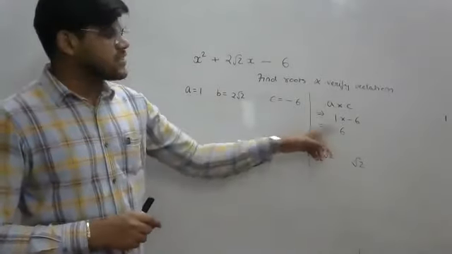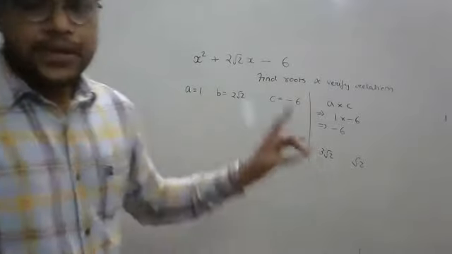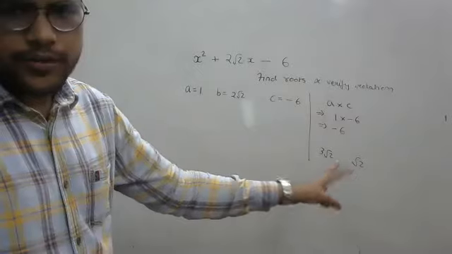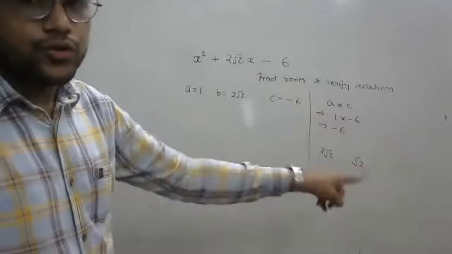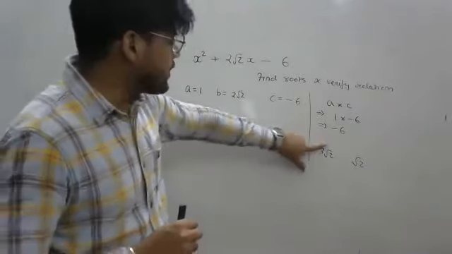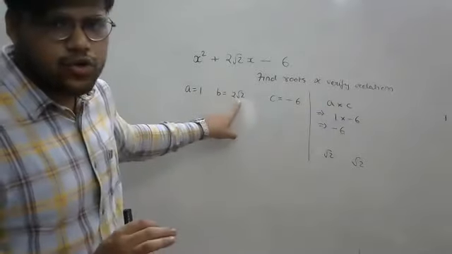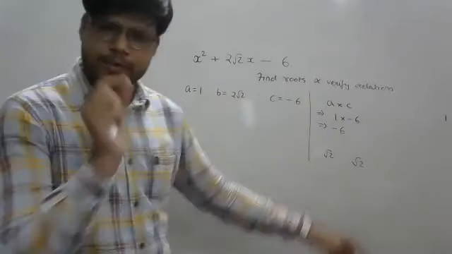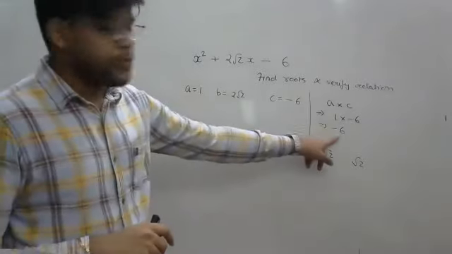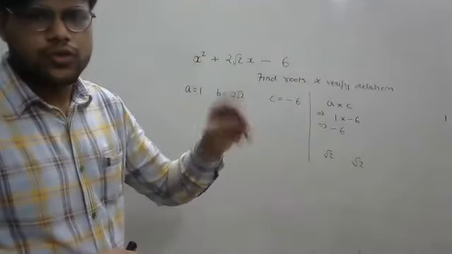And as I know I want 6, just think, understand it slowly. You need 6 as a product, and where you will be breaking the two terms, both should have root 2. So root 2 into root 2 is 2. You need 6. Right now you are not aware about 3. You are aware that root 2 में अगर आपकी b की वैल्यू है तो दोनों पार्ट्स में भी root 2 होगा. You need product to be minus 6, and अभी क्या आ रहा है? 2. Root 2 into root 2 is 2. But आपको 6 लाना है.